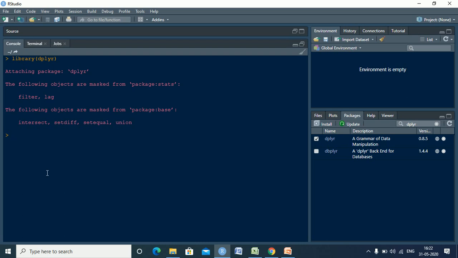Right, so in this case, we are going to use a built-in data set, Star Wars. Let us first call for this Star Wars and assign it to our own variable, star.